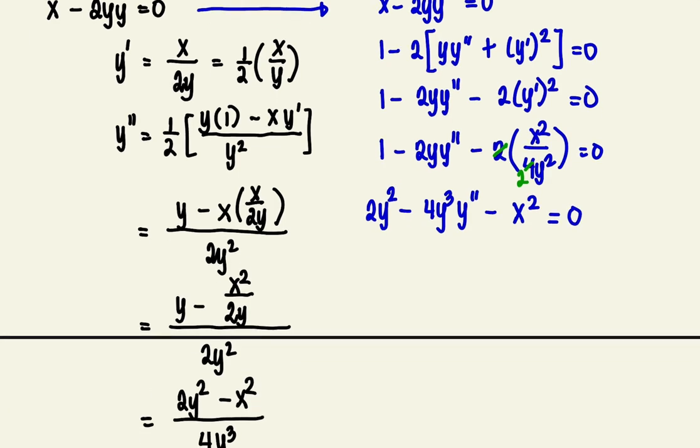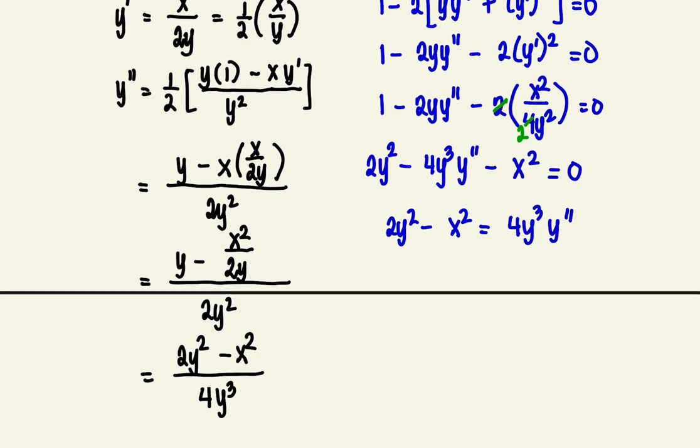Then isolating the term with y double prime on one side, that's 2y squared minus x squared equals 4y cubed y double prime. And dividing both sides by 4y cubed, we get that y double prime is equal to 2y squared minus x squared over 4y cubed,